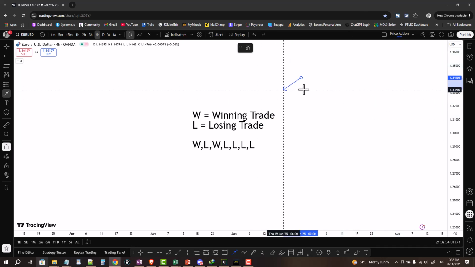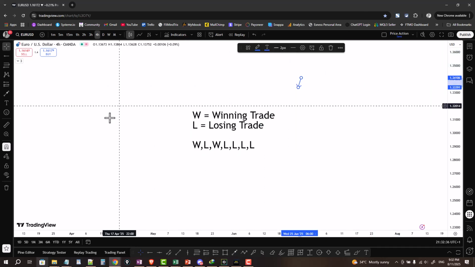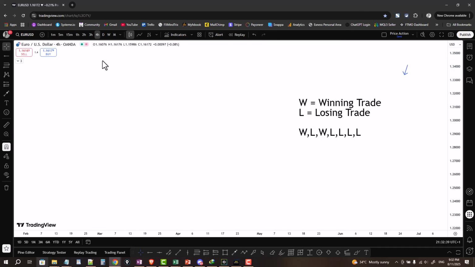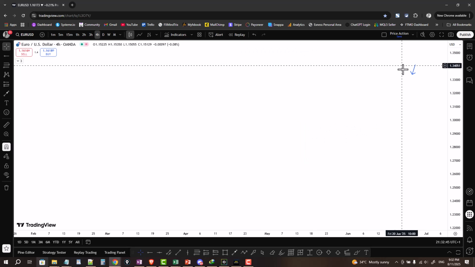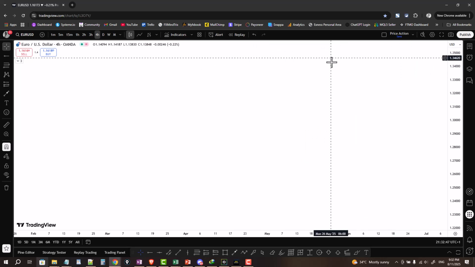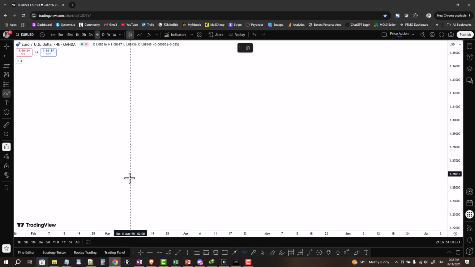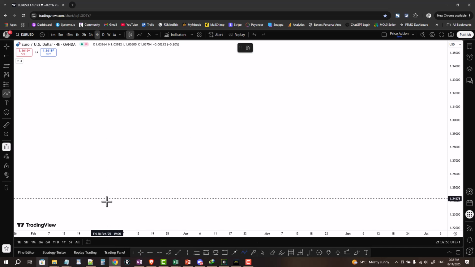Okay, so let's talk about break and retest. Now that we have this important bit out of the way. Like I was telling you guys, the break and retest trading strategy, the way it works is in the name. If you've attended any of our market structure classes, you know that I keep telling you